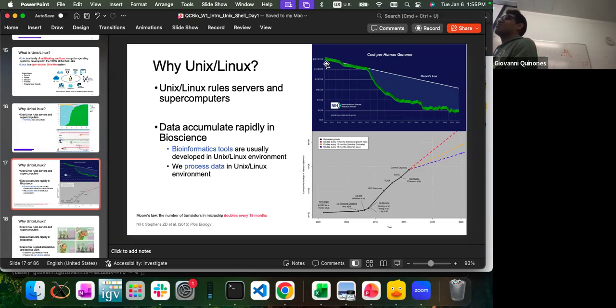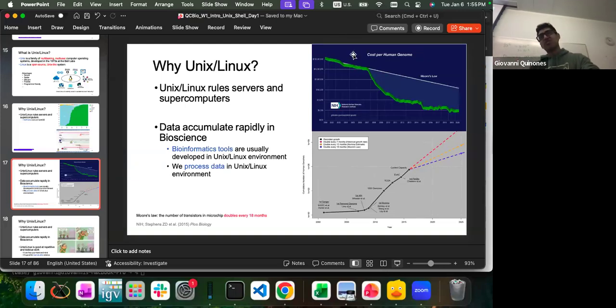So computational biosciences is becoming more and more relevant in general. Here we have more examples of the cost of sequencing, or the ability to sequence different samples or different cells, that also increases exponentially.